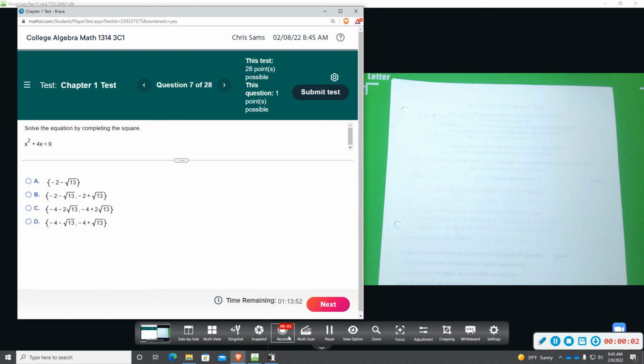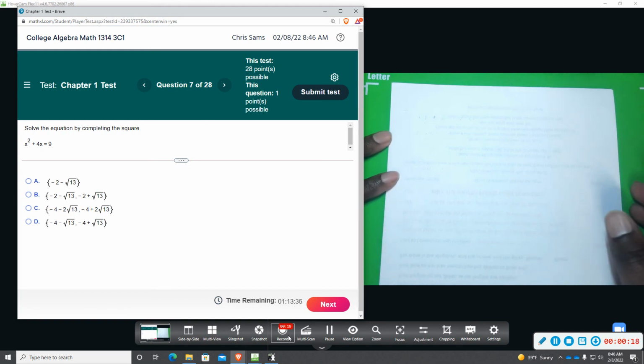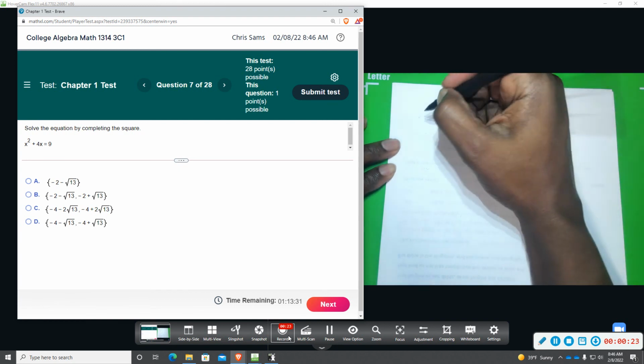All right, this problem says to solve by completing the square. Now, I don't mind if you do this by factoring, if it will factor, or the quadratic formula. I don't recall seeing many complete the square problems, but I will go through that process here with you. So whenever you complete the square,